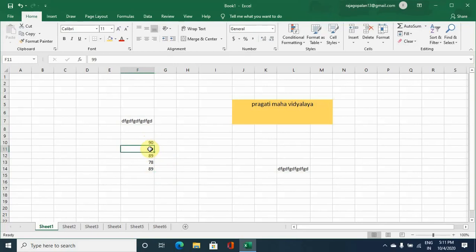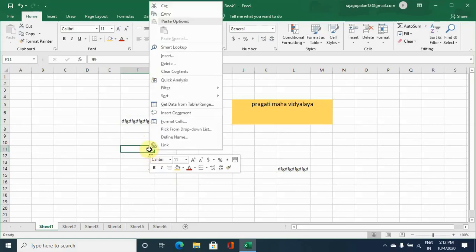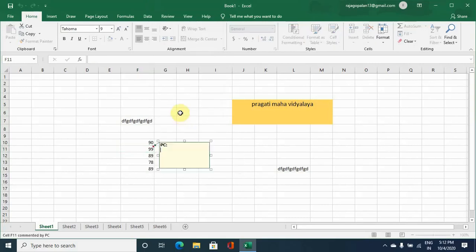Then you want to get the comment topper, then what we can do is select the cell, go for right click, then you have the option here, insert comment. You click on insert comment, then a dialog box appears.